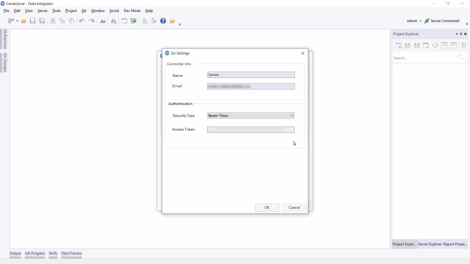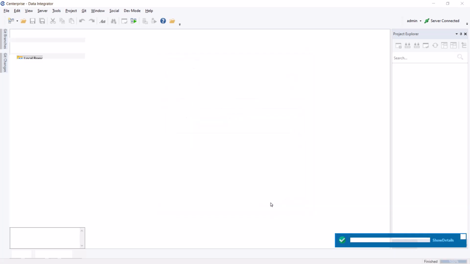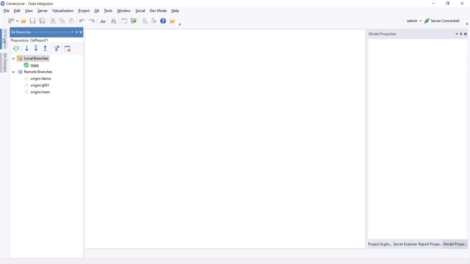Enter the access token and click OK. You will be led to the previous screen. Click OK and the repository will be cloned. It can be seen in the Remote Branches section of the Git Branches browser. To check out any branch to perform changes and commits on it, select the branch, right-click, and select Checkout Branch